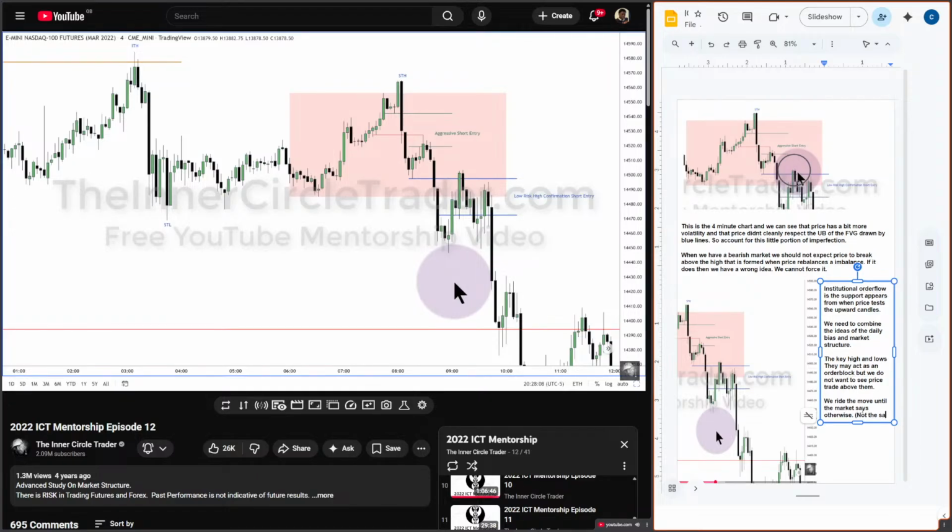You just can't force it. I taught you institutional order flow, which, again, I've already mentioned in the previous lessons, where we're bullish and we're expecting a price swing higher. Generally, there are not a lot of down close candles in that price swing higher, but those down close candles should support price should it trade back down into them, and not see them overlapped and always going down below it. If it does, it's only permissible if there's a short-term low in close proximity to it, and it's then likely to just go down and take out some sell stops if it's bullish, and then reaccumulate and go higher.